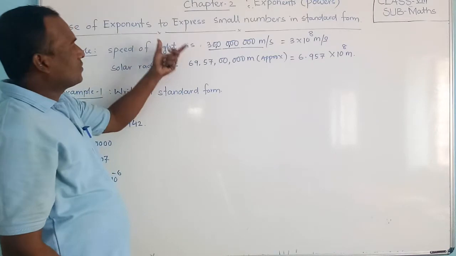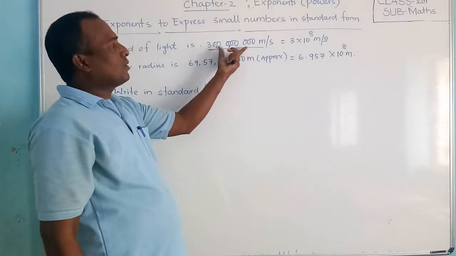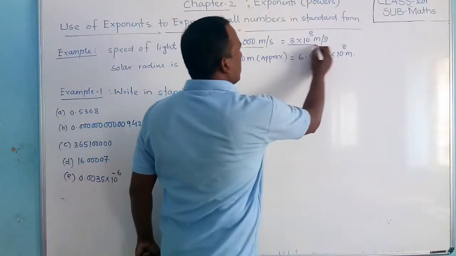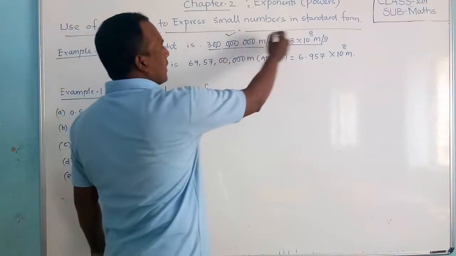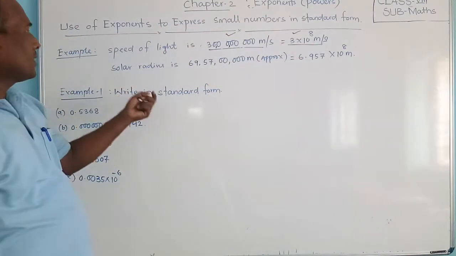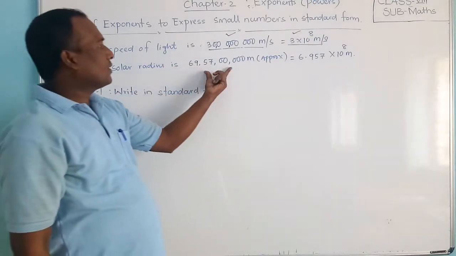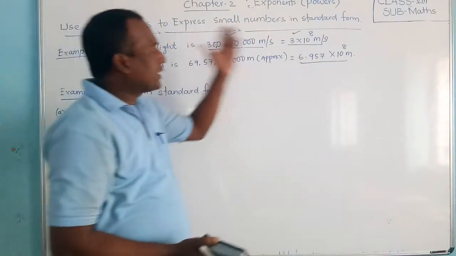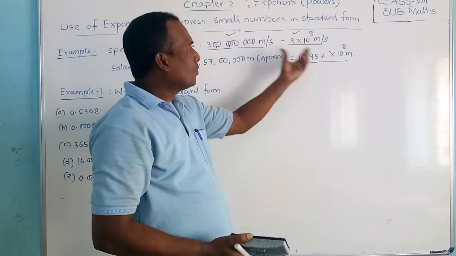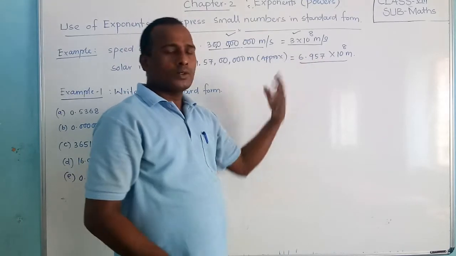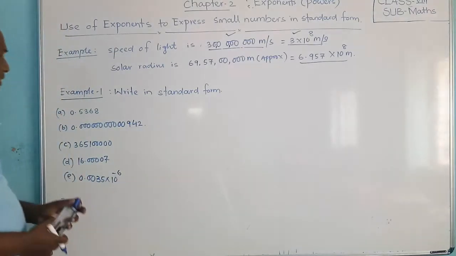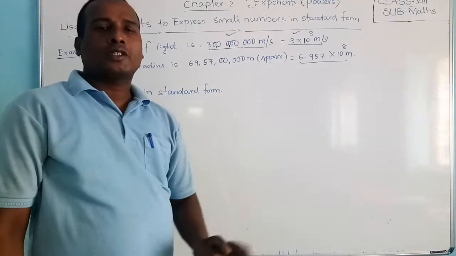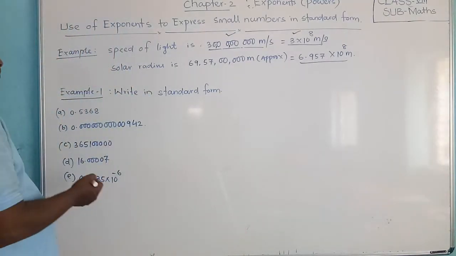So this is called the usual form. A big, large number we are expressing as a small number in exponent form, so it is very easy to read and remember. That is why it is called standard form. Students, similarly here is the solar radius. The radius is given as this number, and you can write it very shortly like this. Today we are going to learn how to write or express the standard form. First, you should see some examples. By the examples I will explain to you, then try to understand. If you have confusion, you can come to me later.